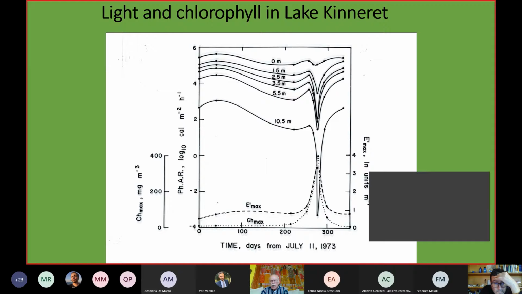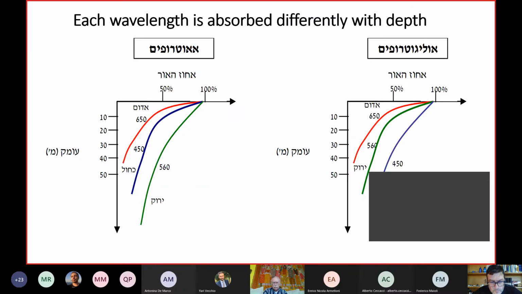And this is very important to remember, that actually the most important factor in the attenuation of light in any water body are the pigments of the small microalgae. And really they are a little machine designed to catch as much light as possible. And again, many of the groups of the phytoplankton algae have those accessory pigments that allow them to use the otherwise wasted green component of the spectrum.